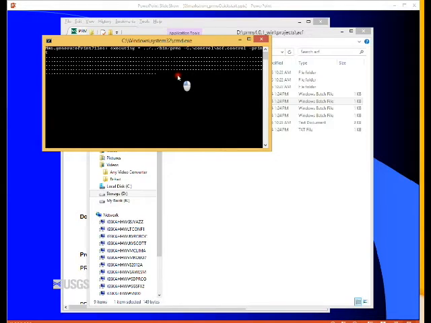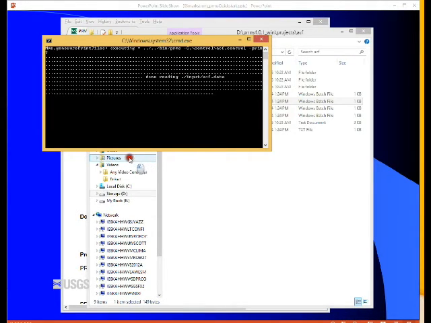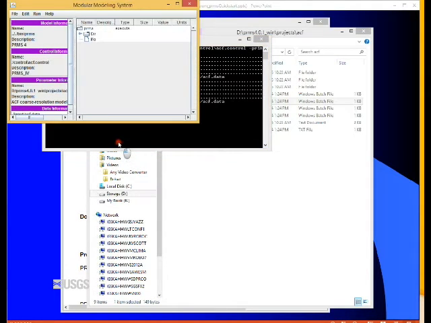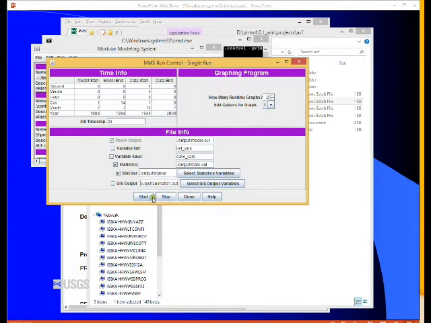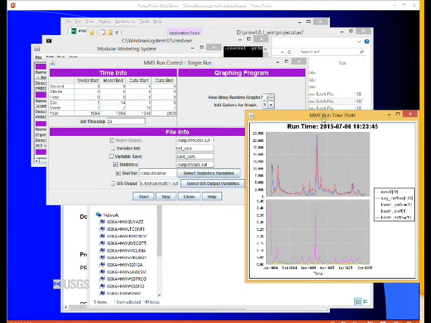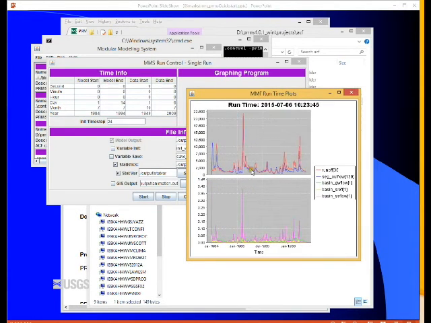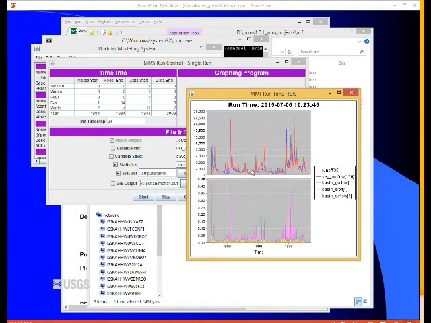PRMS is now running. Here's the model runner, and I click the start button. There's the model running with the GUI. That wasn't even close to taking me 5 minutes to do. That's installing and running PRMS.